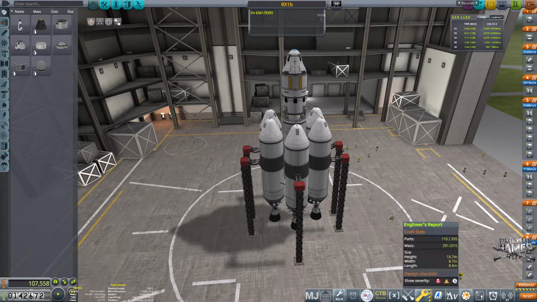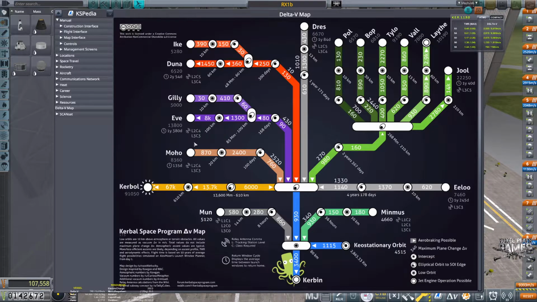We need, if we go to our calculator here, 3,400 to get into an orbit of 80 kilometers around Kerbin, 860 to capture at the Mun, and then 280 to get into an orbit of 14 kilometers around the Mun, 580 to land if you're efficient. I won't be so efficient, so I will probably want a little bit extra, and then 580 to take off,